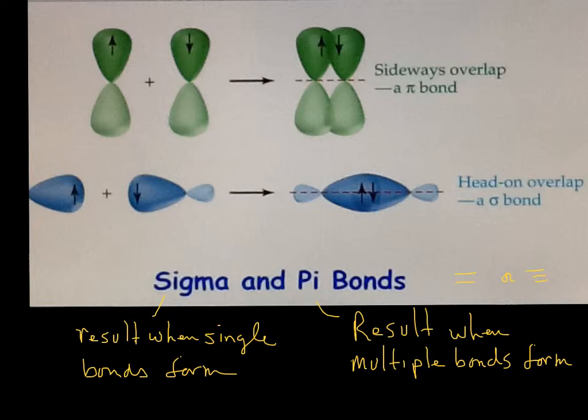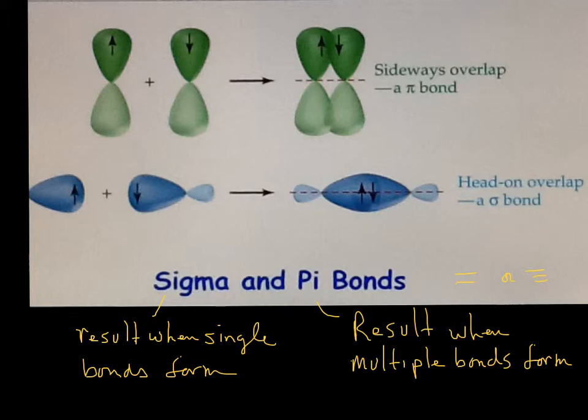This is the shape of the bonding orbital. It's part s, part p, and it looks a little bit not like a p orbital, it's a hybrid. And when you get a head-on overlap,